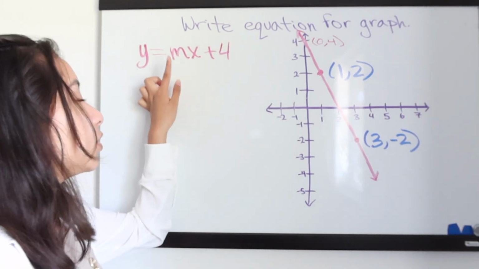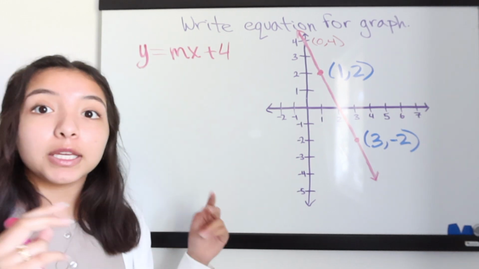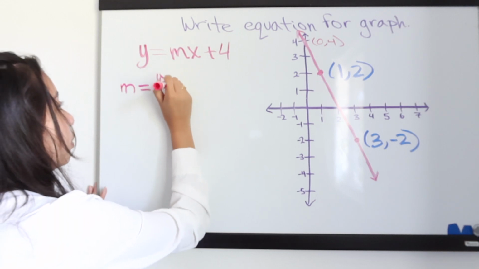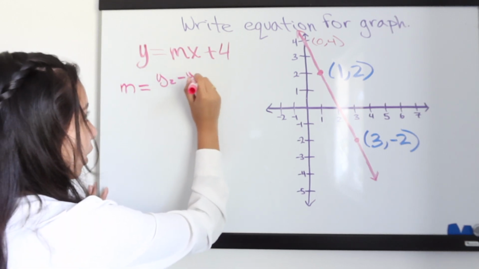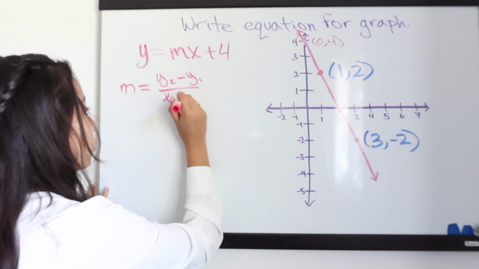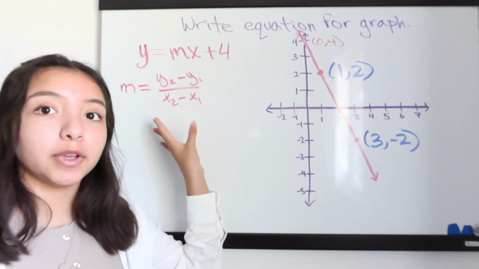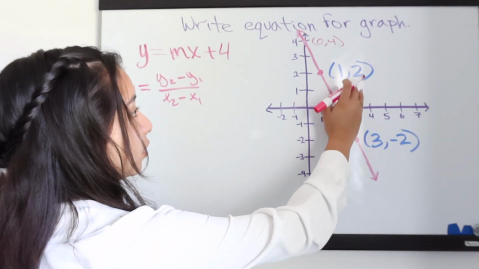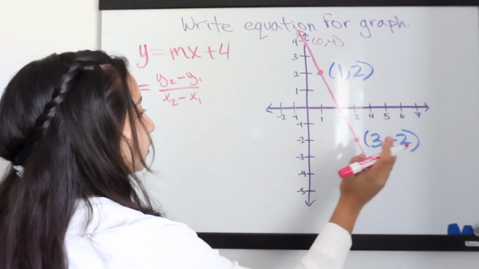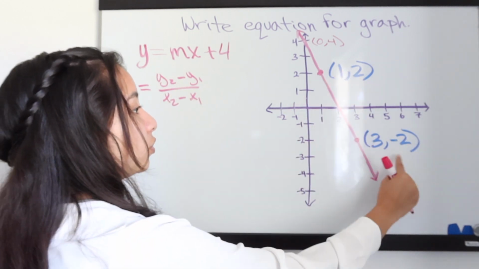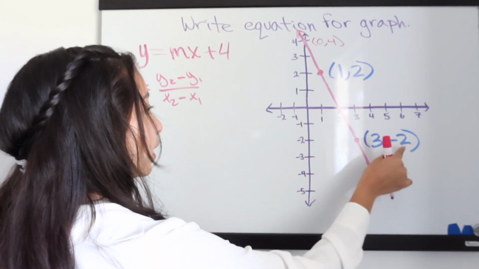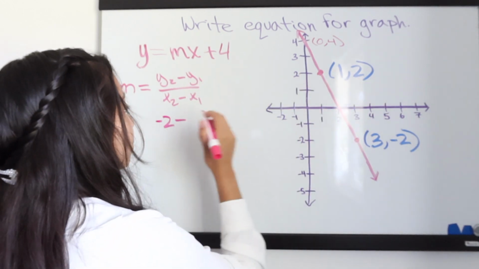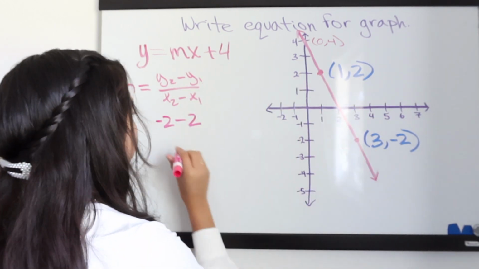Now we have to find our slope. And remember, the equation for finding the slope is m equals y2 minus y1 over x2 minus x1. This is a very important formula that you need to remember. So this is our first coordinate and this is our second. So what is y2? y2 is in our second coordinate, the y coordinate, -2. So -2 minus y1 is 2,